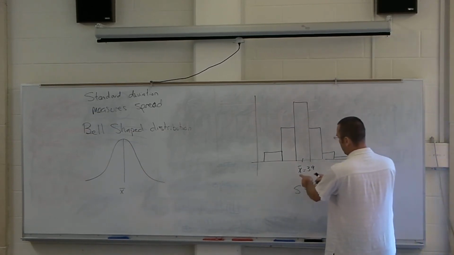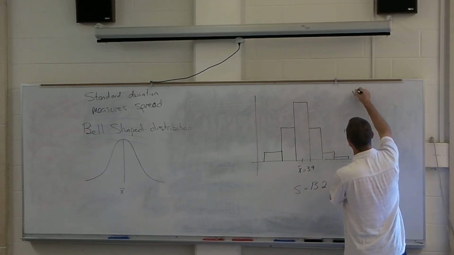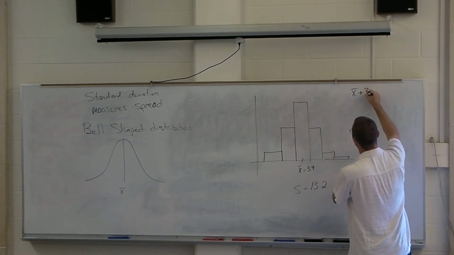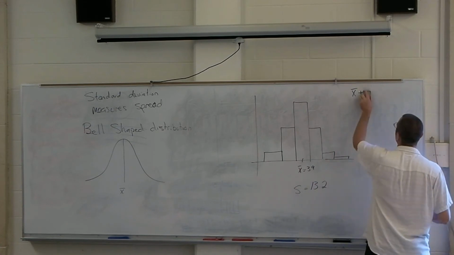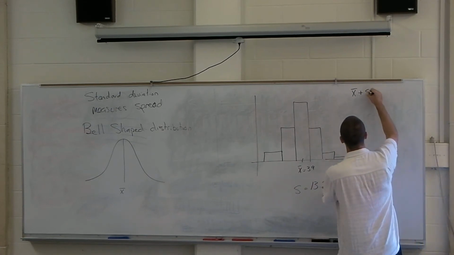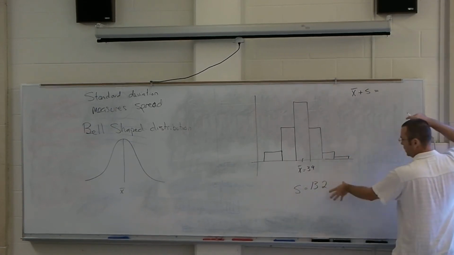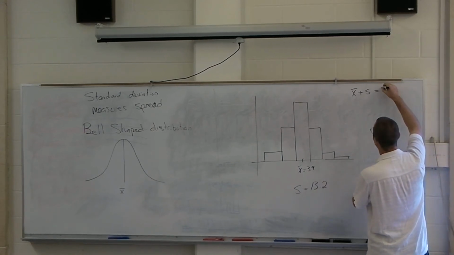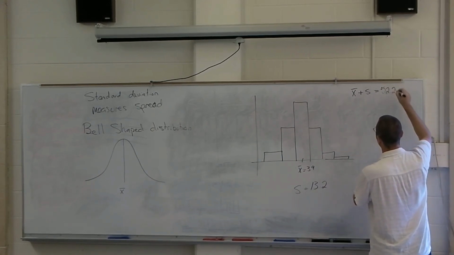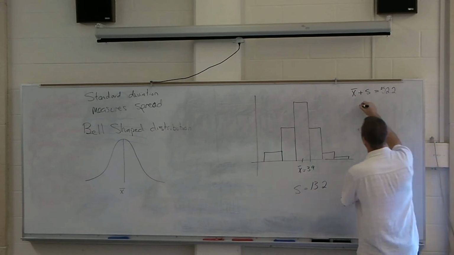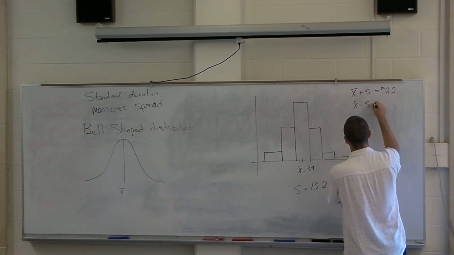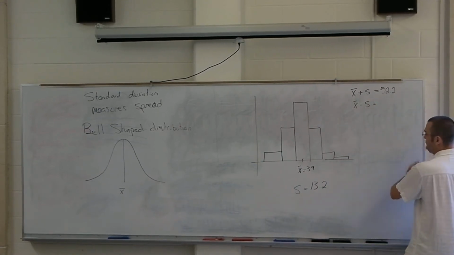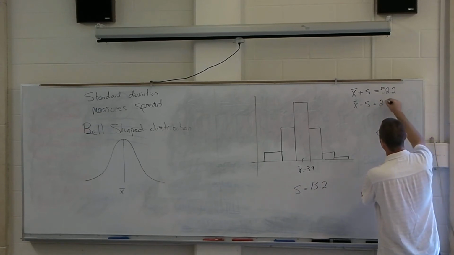If we were to take our standard deviation here, if we were to take our x bar and we were to add one standard deviation to it, so you take x bar plus s, do the addition there, that ends up being 52.2. And at the same time, we're going to subtract one standard deviation. Subtracting one standard deviation from that gives us,